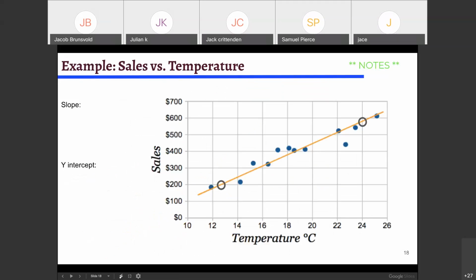We're going to talk about how to find the slope of this line. Now, the first thing that you should notice is this orange line. It doesn't go through all the data points, right? The data points are more scattered. Like this data point's a little bit above the line. This one's a little bit below the line. Some of them go through the line, so you could maybe use them to estimate the slope if you want to. But in general, when this happens, what I like to do is just make up my own points on